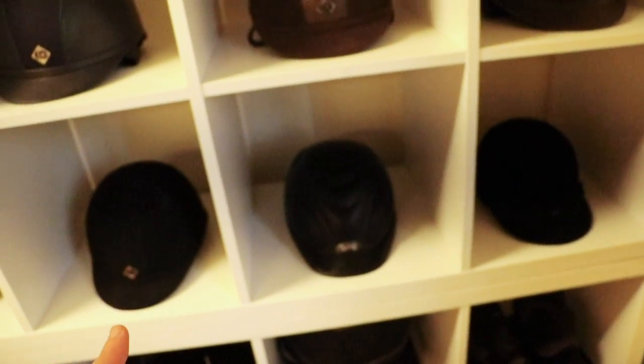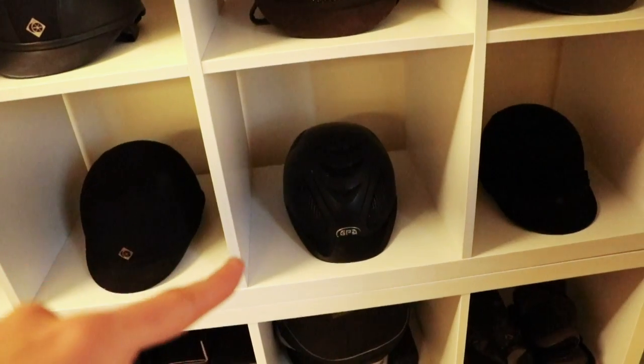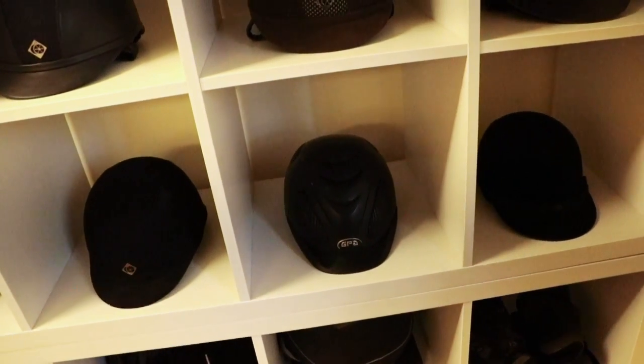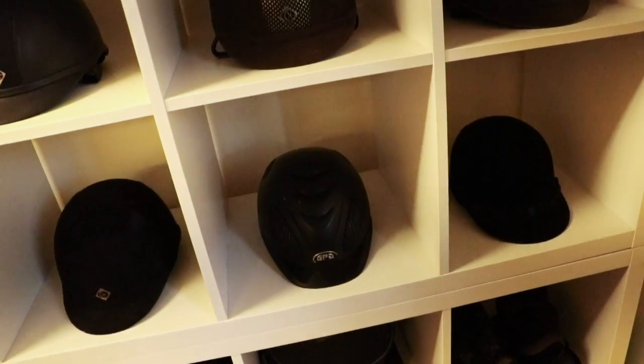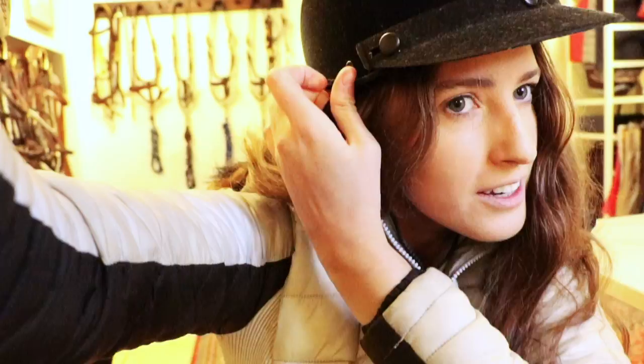I have ridden in it multiple times. I'm sure if it fits your head, it's fine, but I have ridden in it multiple times and it's fallen off my head. So it doesn't really work very well. This one is my first ever helmet that I got when I was literally 7. And guess what, honeys? It still fits. Because clearly my head hasn't changed since I was 7 years old. So yeah, I should go to a show like this. I mean, not illegal or anything, but...